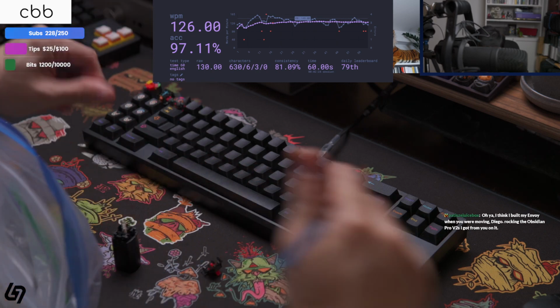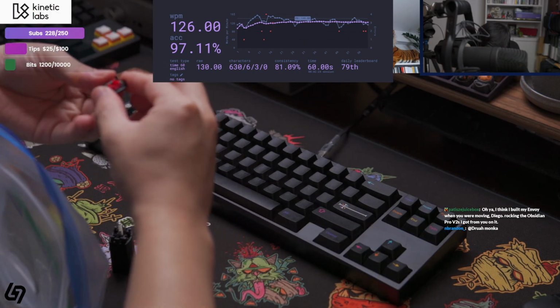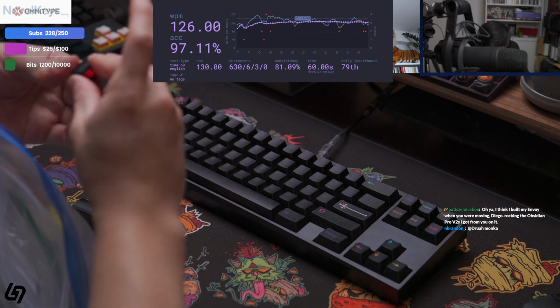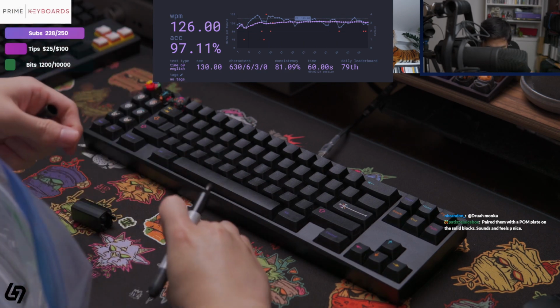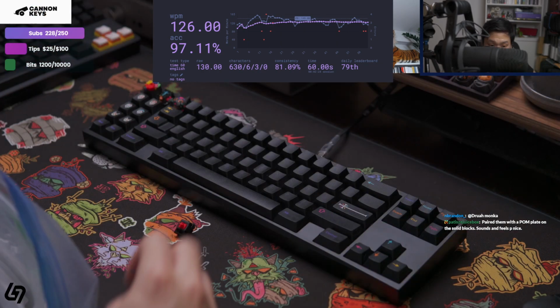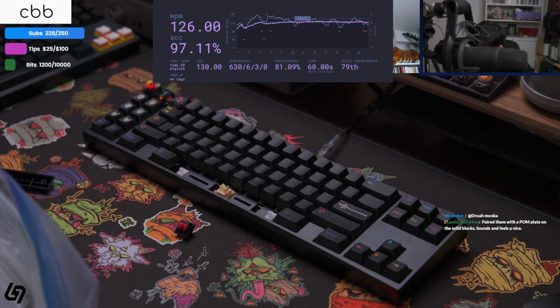Okay, just a little grease, just to prevent any crunch from it. And then I'm gonna close up the switch here. Okay, 65 gram. I'm gonna put a little mark on it so I know which one it is. Otherwise I'm gonna forget forever and it's gonna suck. And then now I can actually replace this switch